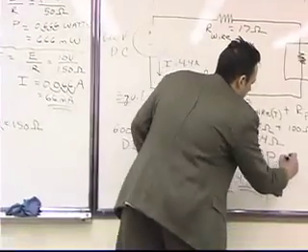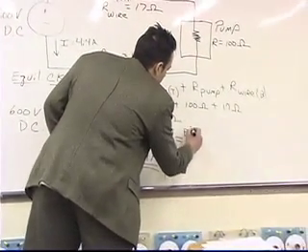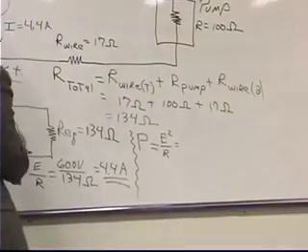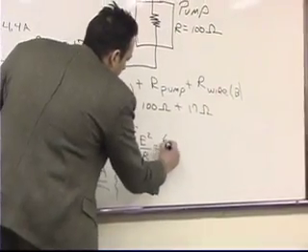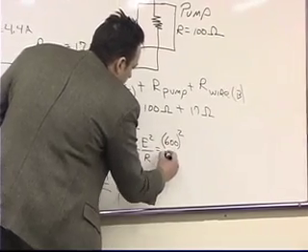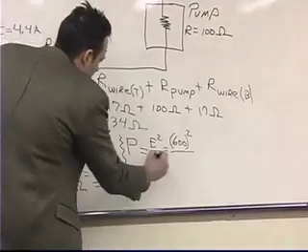E squared over R, E squared divided by R, and E squared is 600 squared. Remember, we want to put 600 in parentheses and square it, divided by